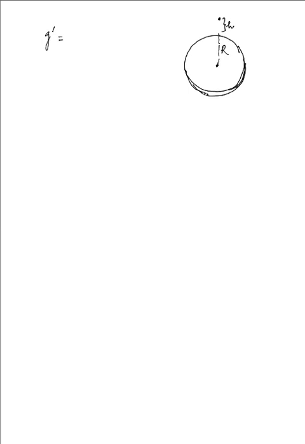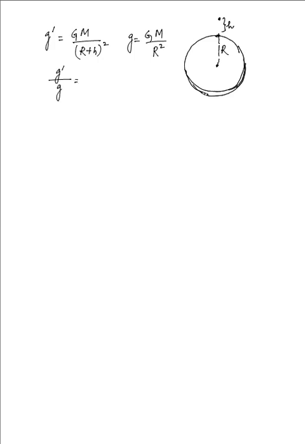Now at that height h, the gravitational field intensity, let it be g dash or g primed, will be equal to GM divided by (r plus h) whole squared. But on the surface over here, what we get is simply g, which is equal to GM divided by r squared. Now if we take the ratio of both of them, what we find is g dash divided by g